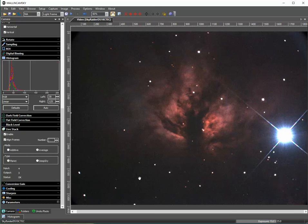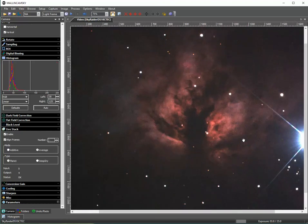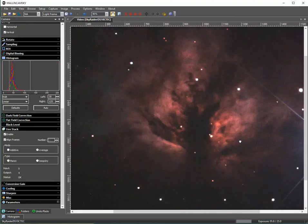Yes, there's a slight ghost of Alnitak. You can see it just to the left of the flame. Really hard to compete with Alnitak, but you can zoom in and